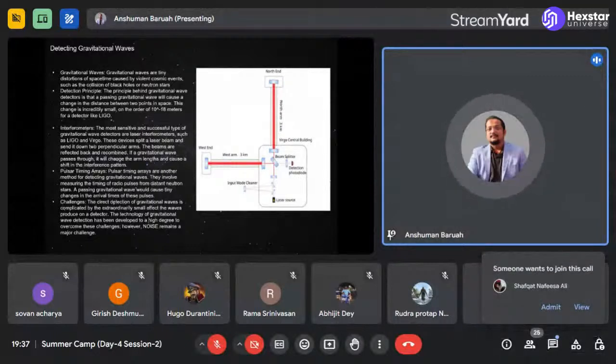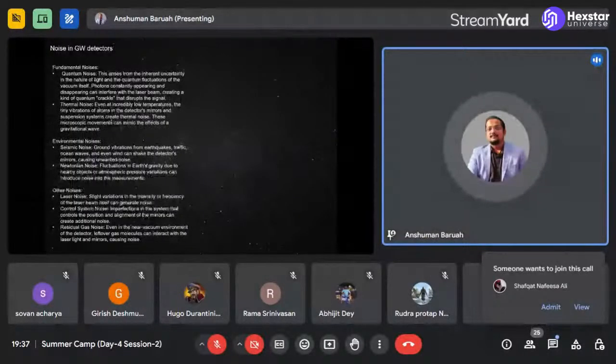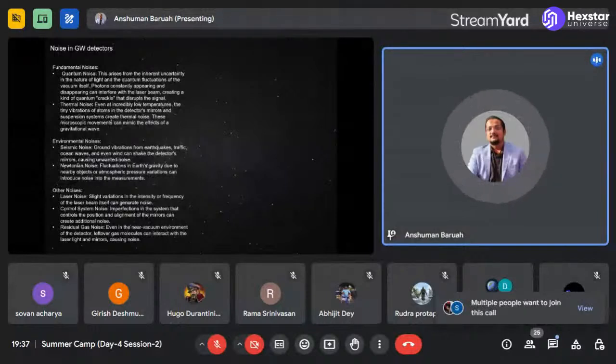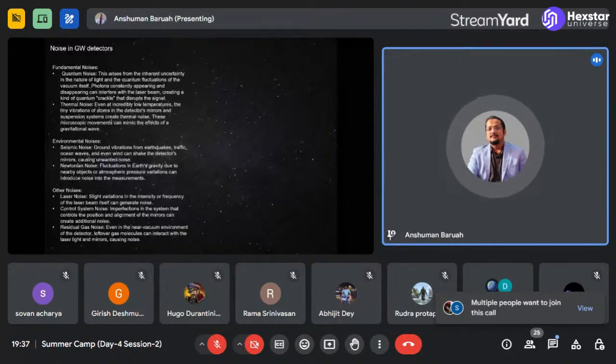So noise in gravitational wave detectors arises from different kinds of sources. There is quantum noise that arises from the inherent uncertainty of the photons comprising the laser. There's thermal noise, meaning even though these apparatuses are maintained at very, very low temperatures, tiny fluctuations in heat can create thermal noise. There can be environmental noise, for example, seismic noise, which I have already talked about. There can be other sources of noise. The laser device might itself be a source of noise. The control apparatus and the different electronics that you use in all of the equipment in this detector might contribute to noise. And all of these things pollute the gravitational wave signals. So gravitational wave signals are obtained as spectrograms.